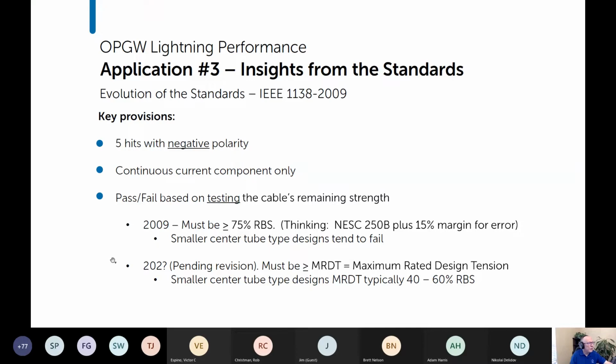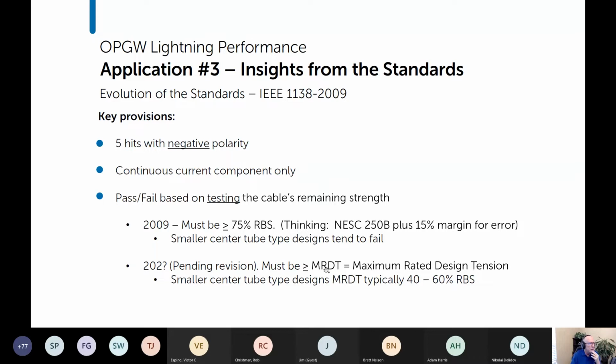So in the new version, because of this, it was decided, well, maybe this is being too conservative. And these cables do have a real role in the field. I talk about that in the OPGW Engineering 101. So it's not that they're bad cables. They just tend to not pass this test. And so 75% rated breaking strength is going to be replaced with the remaining strength must be greater than the maximum rated design tension,